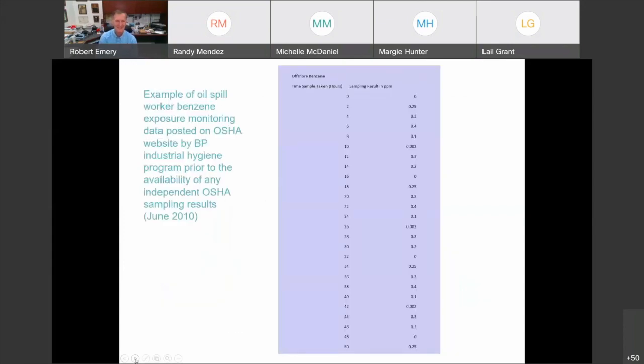Okay, this is a real world one from the Deepwater Horizon leak. There were concerns about exposure to benzene over the wellhead at the surface of the water. And this was actually data that was provided by the offending party, by BP Industrial Hygiene, and it was published on the OSHA website. But no one could figure out what this means. It wasn't shown in context, and the media was all over this, and I got dragged into having to try to discern this. So I actually laid it on the students, and this is what they came back with,